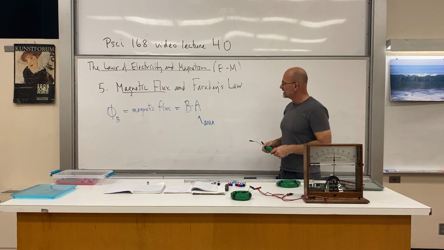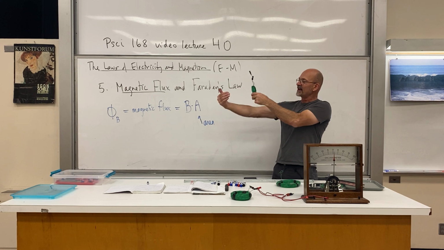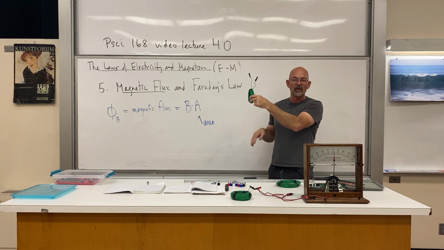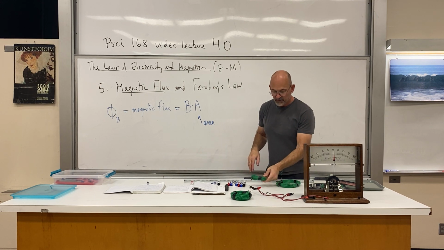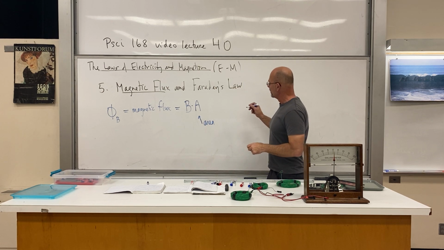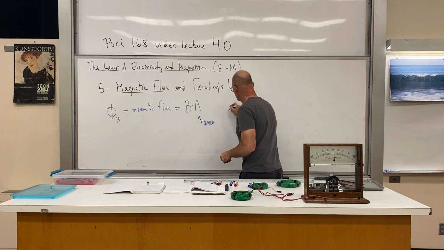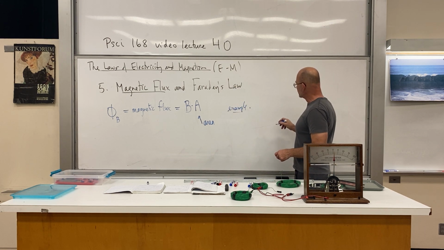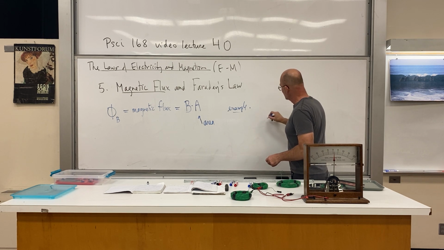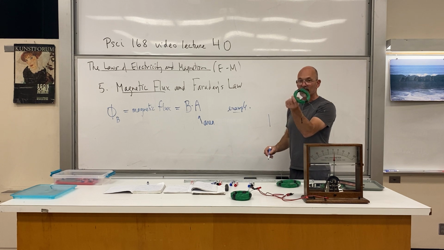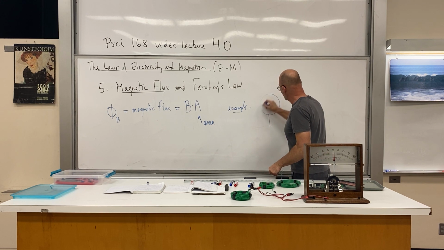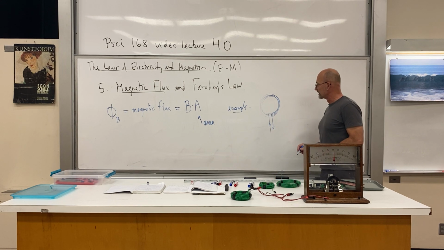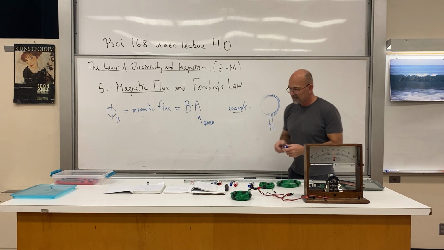What is the flux? The flux is if I hold this up to a magnetic field and the arrows are coming in or going out, or passing through in one or the other direction. That's the flux. So let's add a little bit of picture to this. So for example, you're going to have to draw this. So just as I said, I just wrap a bunch of wires, or a wire. So I've got many, many turns here, like that. Okay. Now the flux would be if there is a B field,